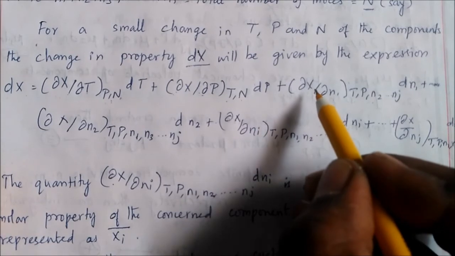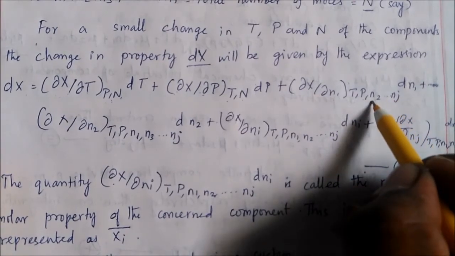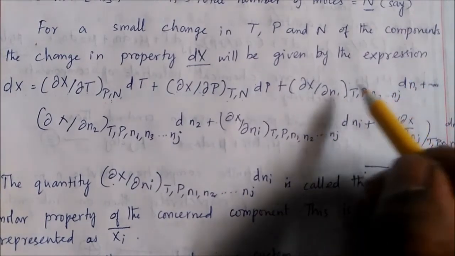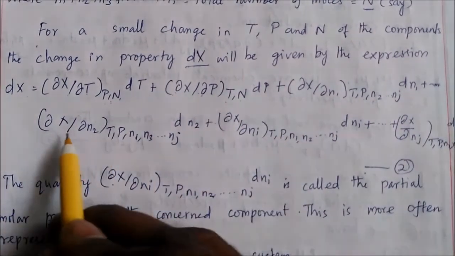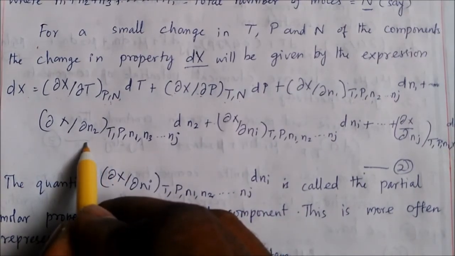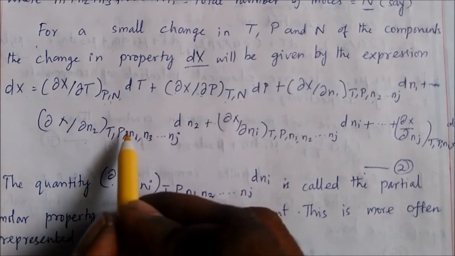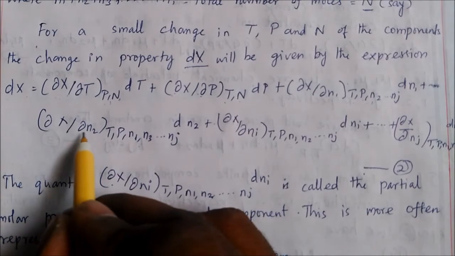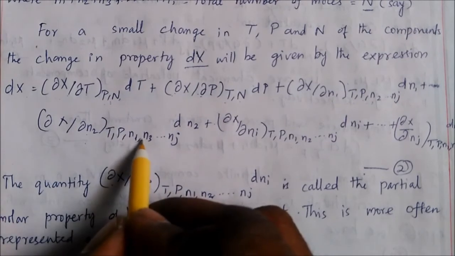So change in the property x with respect to dou n1 at constant temperature, pressure, and number of moles of the second chemical, third chemical, and so on, which are all present in the system. So dn1, that should be denoted here, plus and so on, plus dou x by dou n2. Here now we are considering the change in the property, change in the number of moles of the second chemical. So at constant temperature, pressure, and the constant number of moles of the first chemical, comma n2 is missing here, since it is the change in property with respect to n2, we are purposely missing it here, and